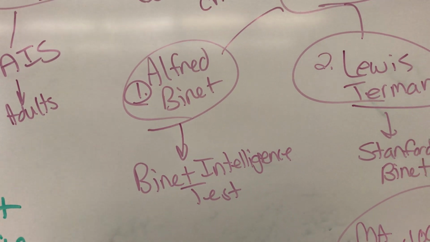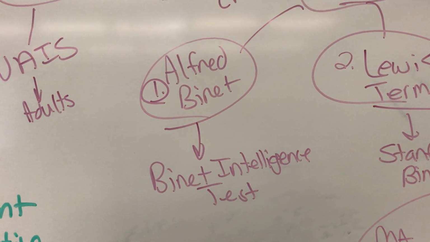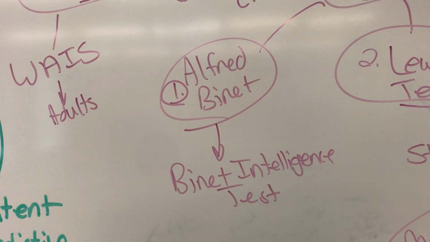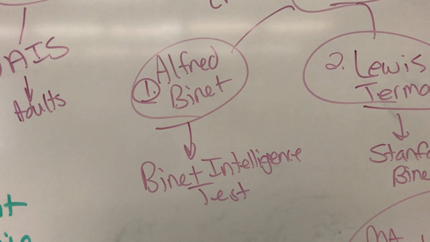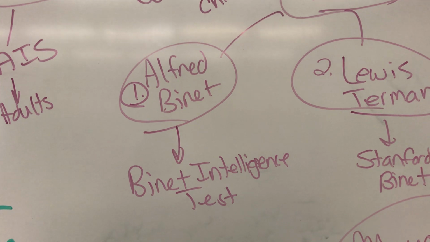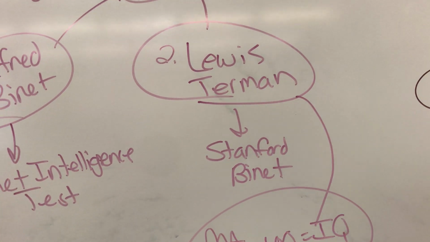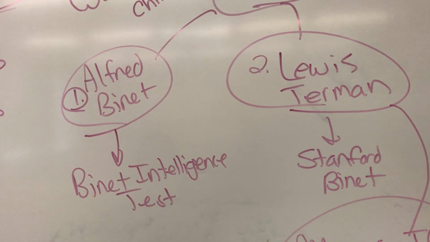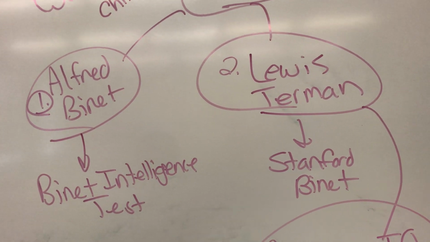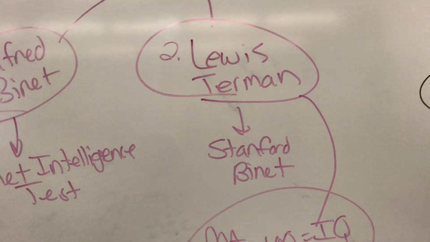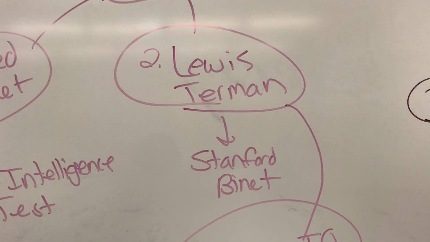But that happened anyway, so poor Alfred Binet died knowing that things happened the way they weren't supposed to, but he did create the first intelligence test that was translated to many different countries, including the United States. But the United States did not adapt well to that change in language. So what we did was we had to create a new test that actually assessed what people in the United